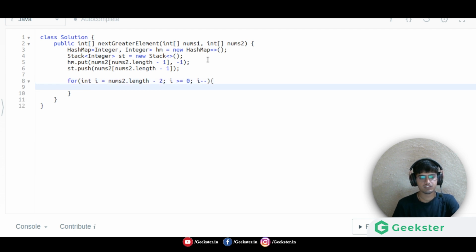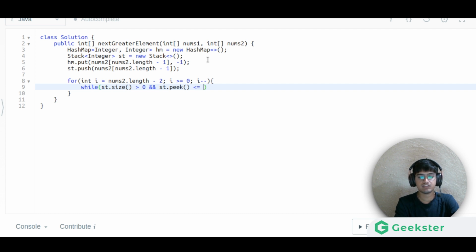So first thing we'll check, first we'll try to pop the values, and then we'll be pushing the values in the stack. So we'll check while our st dot size is greater than 0, and st dot peek, which is the topmost element, is less than or equals to our current value nums2 of i.